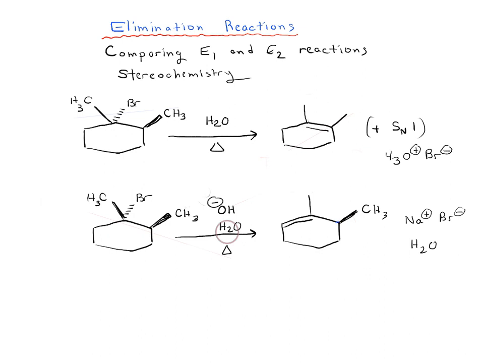In this video, we're going to compare the E1 and E2 reactions, specifically looking at their stereochemistry. And when thinking about their stereochemistry, we're really going to look at their stereochemistry in cyclohexane rings. So here I've drawn out two examples of elimination reactions, and the first one should be recognizable as an E1